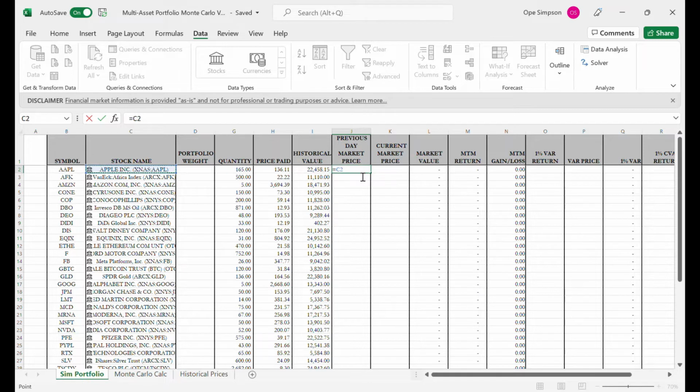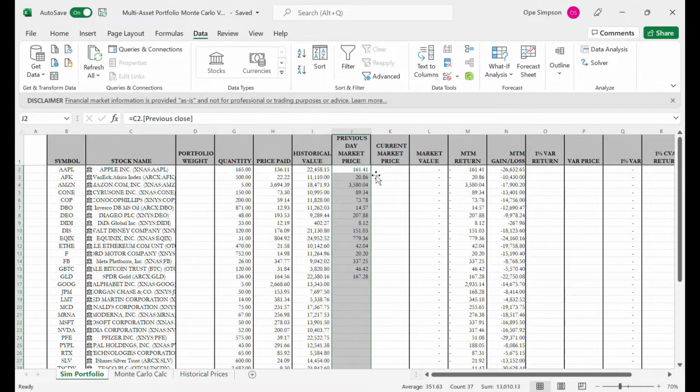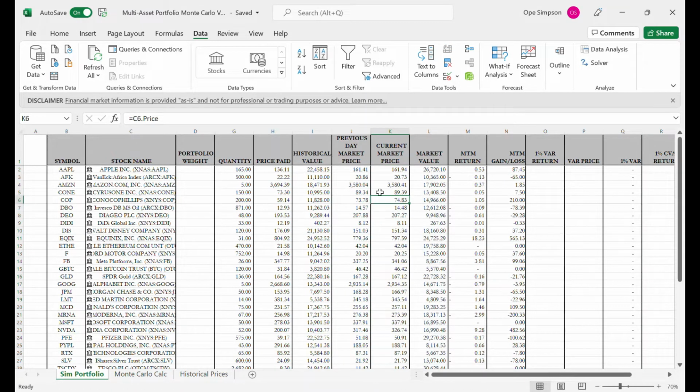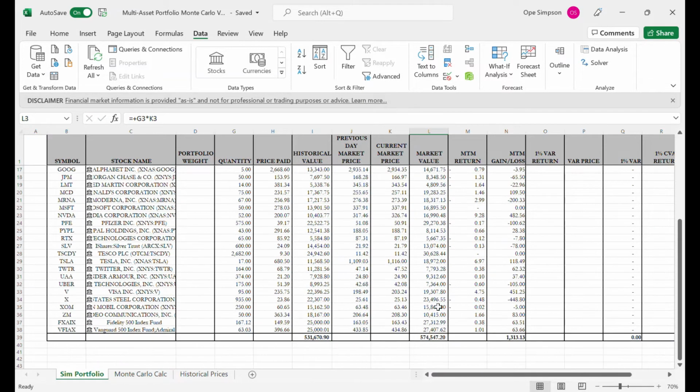To get the previous day's closing price, all we need to do is link that to the stock name dot previous close, and then we get the stock price for Apple and drag down. Then we do the same thing to get the current market prices, which is almost the same, linking this dot price, and we get that price and drag down. Now you'll notice we have a column called market value on column L, and this is basically quantity times current market price, which gives us our market value,